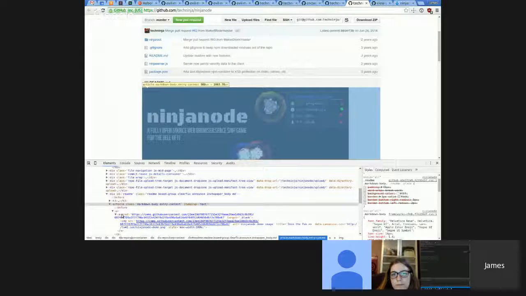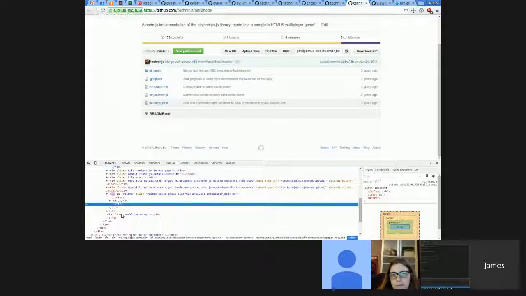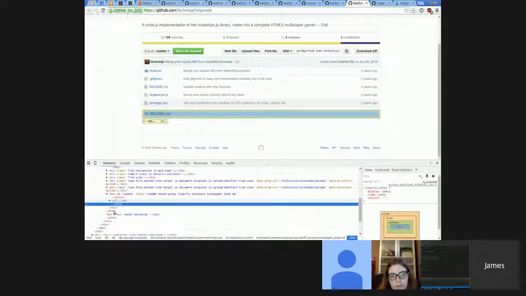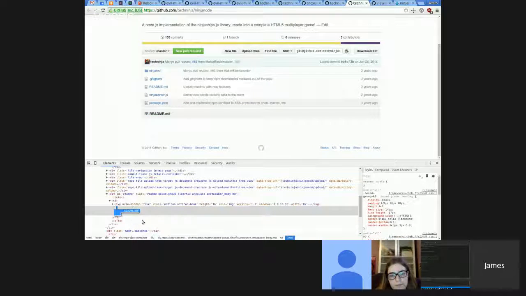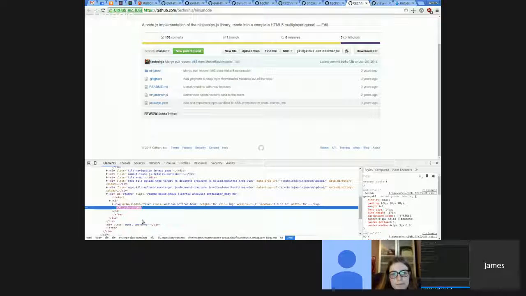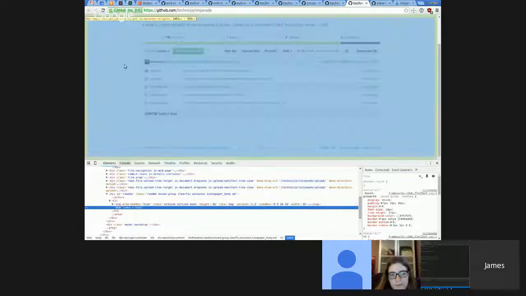And you can even go in here and delete stuff if you want to. It's gone, but it's not gone forever. That's just in our local representation of the page. You can go in here and change what things say. If there's text on them, we could just double-click here and say, wow, look at that. And there's the text that we want. If we refresh, whatever we had just done goes away.